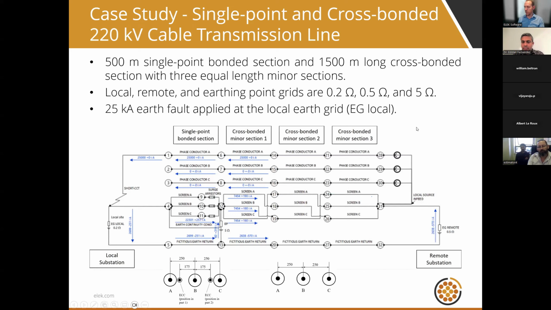Here's an example system, a cable system. You can simply model this in software. If your substation is being fed via a cable system, and there's an earth fault at the local substation, where we are designing the earthing system, we can do calculations to prove that, say, only 10% of the total fault current will enter your earthing system, and therefore I only need to design a safe earthing system for 10% of my fault current. It's a very powerful approach to simplify compliance and your design.